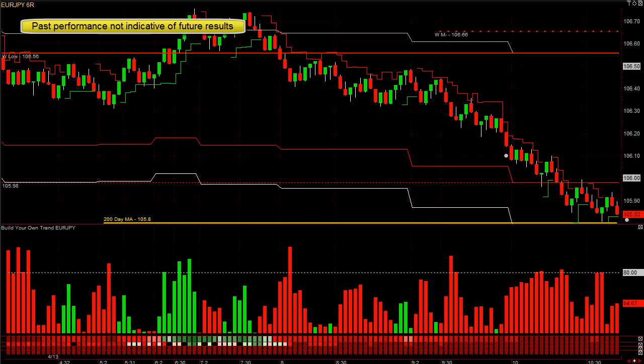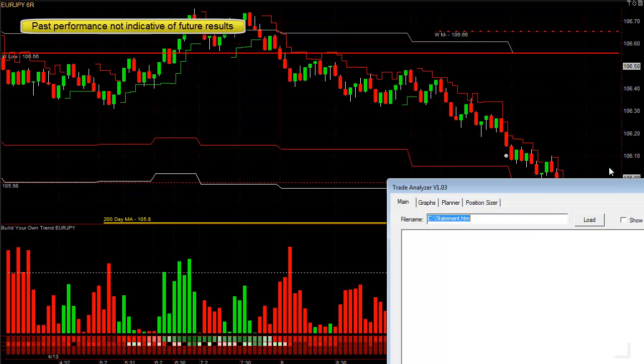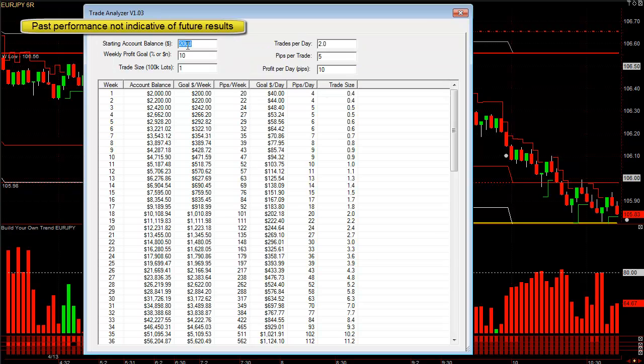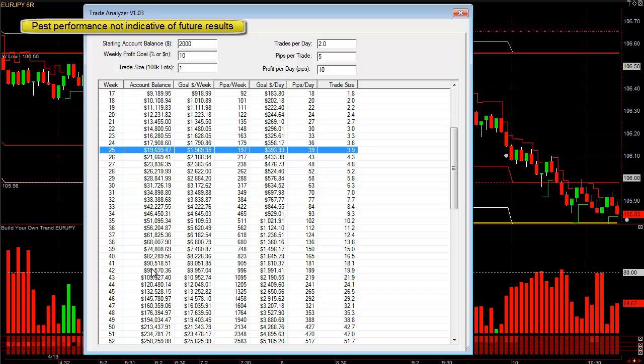And keep in mind, 10 pips per day doubles your account every 2 months. It doesn't take a whole lot of pips as long as you increment your number of lots as your account grows. $2,000 account getting 10 pips per day, that's 50 a week, 200 net per month. You might make 500 pips during a month on winning trades and lose 300 pips on your losing trades. So you net 200 pips a month. It breaks down to 10 pips a day. $2,000 account pretty much every 2 months doubles. 2 more months, doubles. And you can see by the power of compounding, 10 pips per day can turn a